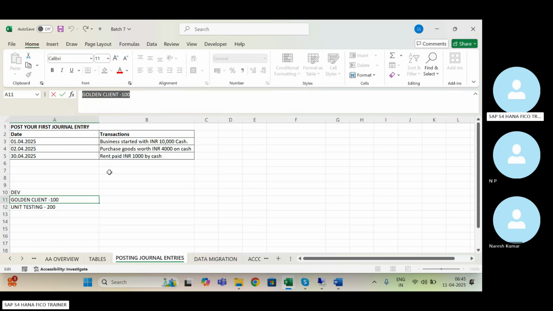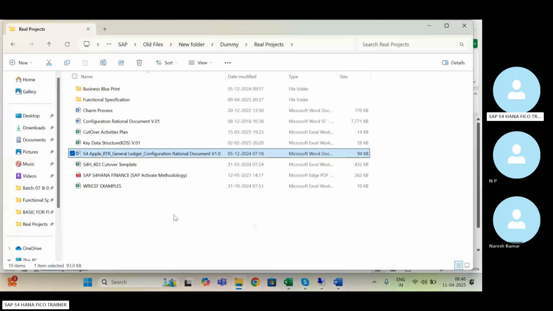So you have to just tell them these are my cutover activities or list. So they will list it down and they'll remind you when to perform what. And along with that, you can also keep the cutover file with you. See like this,